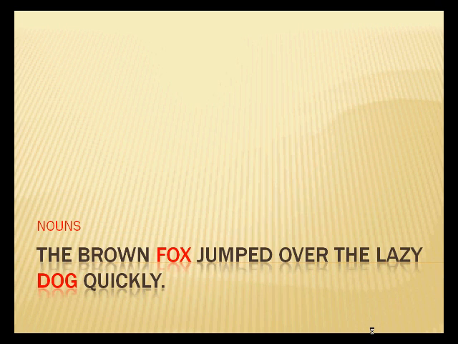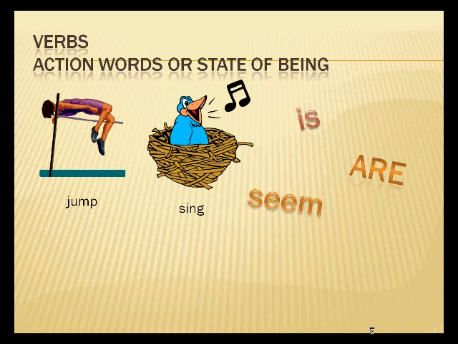So, now that we've identified the nouns, let's move on to identify the verb in the sentence. Again, a verb can be an action word or a state of being word. Well, in our example here, the verb is the word jumped. So verbs help provide action to a sentence, or tell us the state of being of the particular idea, such as the noun in the sentence.